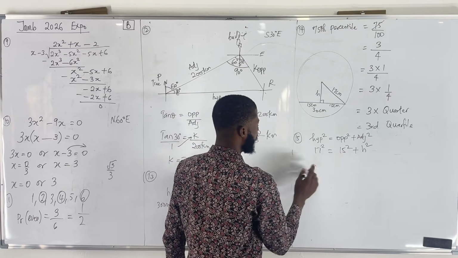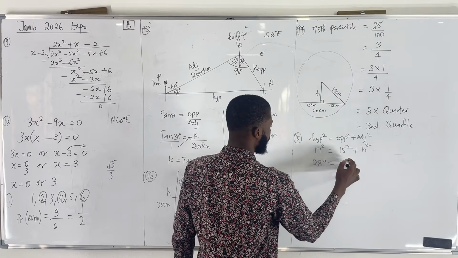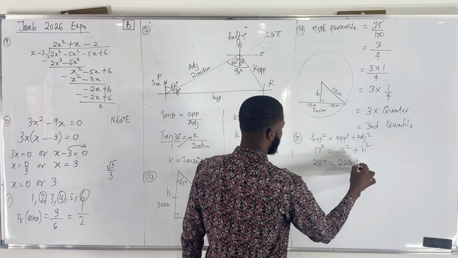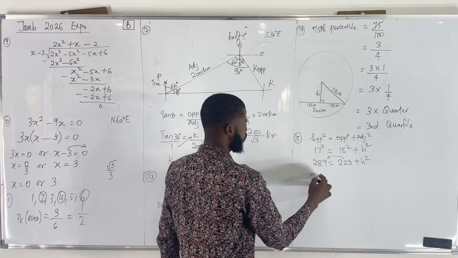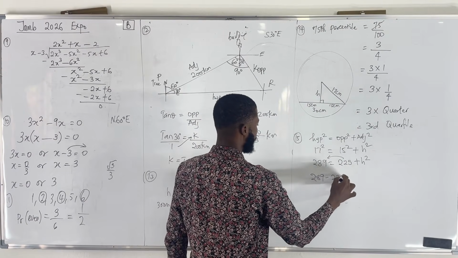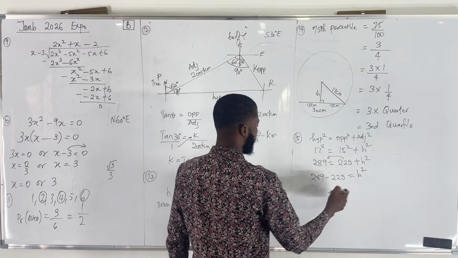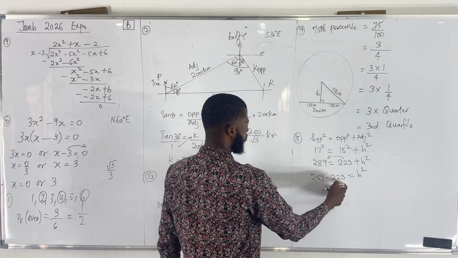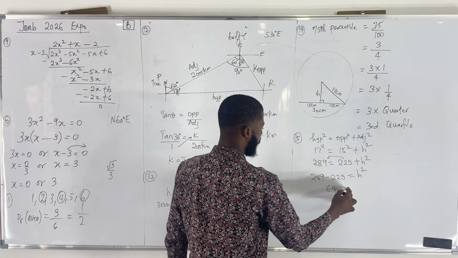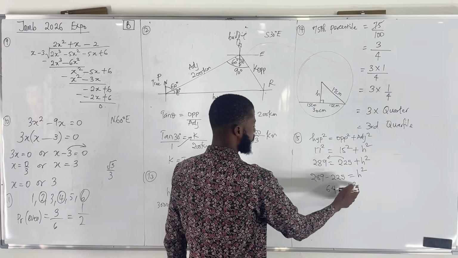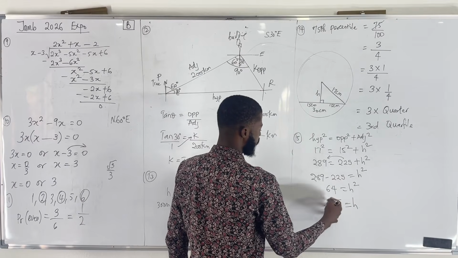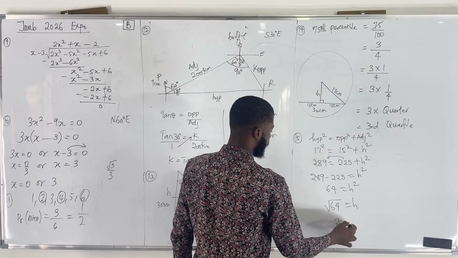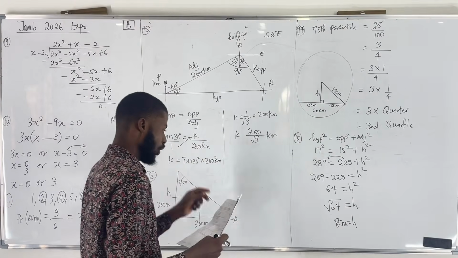So 17 squared is 289, equal to 15 squared, which is 225, plus h squared. Now I could take this 225 to the other side. So this will be 289 minus 225 equal to h squared. 289 minus 225 is going to be 64, equal to h squared. Now to take out this square, you take the square root of 64. So the square root of 64 will give us 8. So that means the height is going to be 8